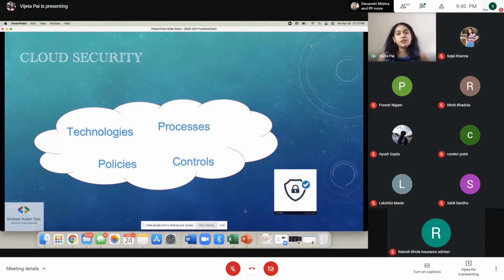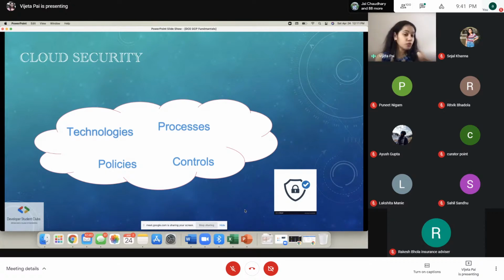So this is why cloud security is very important, because this is prime for having your customers' or your clients' trust intact. So cloud security is not just a product that you use to make sure your application is secure, but it's an entire framework. What do I mean by framework? Framework is basically a collection of all of these technologies, processes, policies, and controls to make sure you have a very strong foundation. It is like a house. If you don't have a strong foundation for a particular apartment, no matter how many stories you keep building on top of each other, the house will collapse. That is how security works.